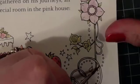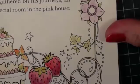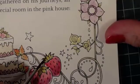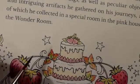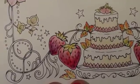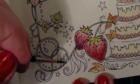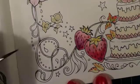Go all the way around. So I hope everybody's, oops. We've just got a bit of miserable weather again today in the UK, so I'm going to pick up a bit more colour. Now there's very little left here, but